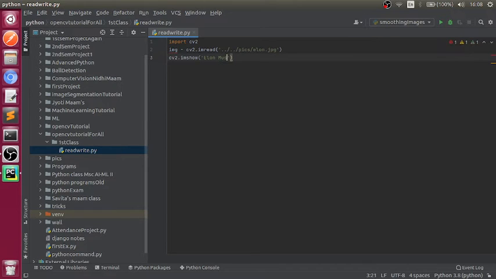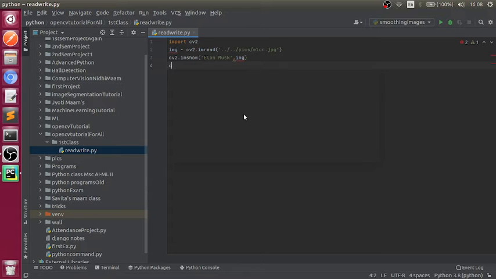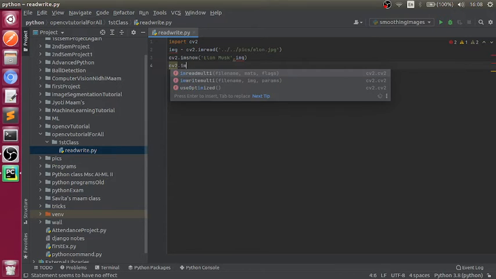So I am going to pass Elon Musk, and the next parameter is whatever image you have read. Now for displaying, the imshow method is there.